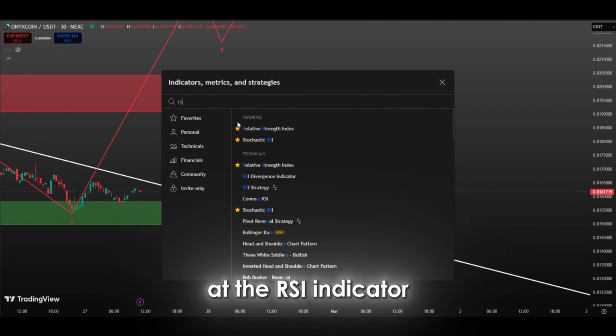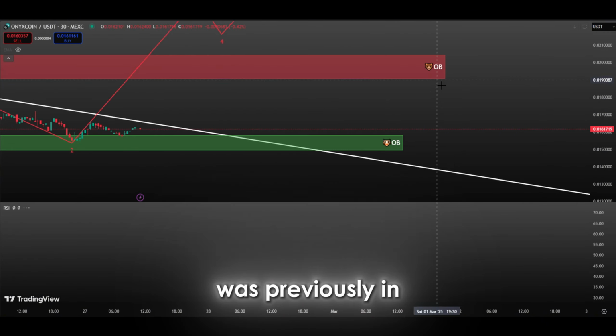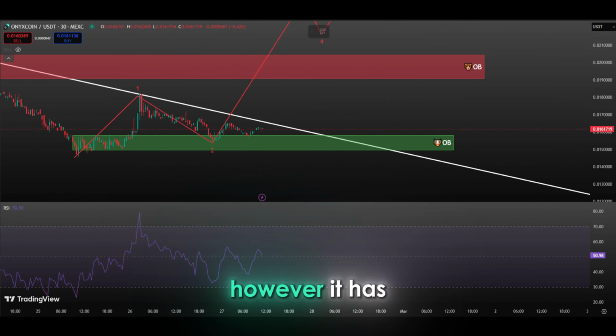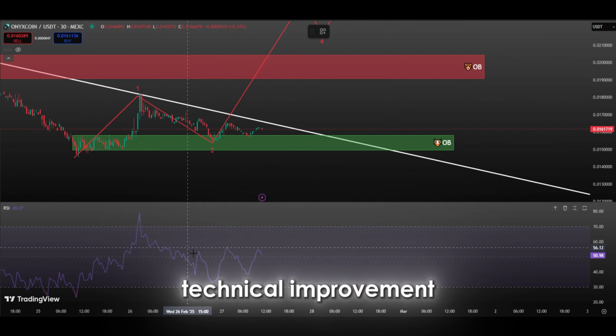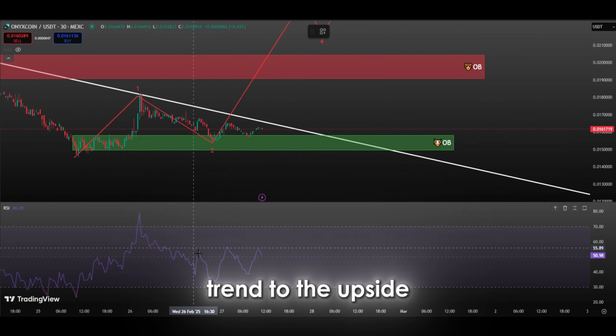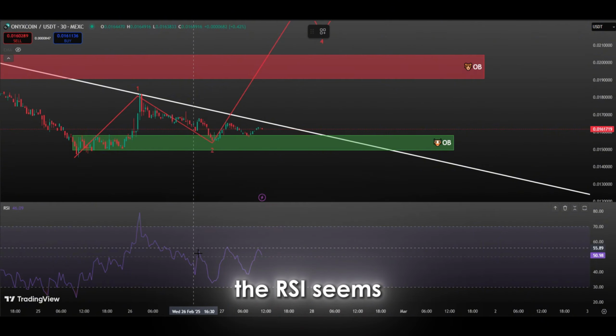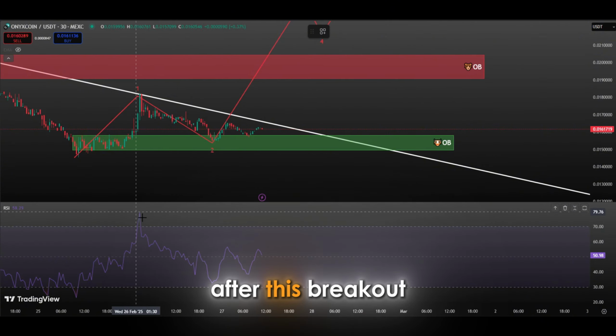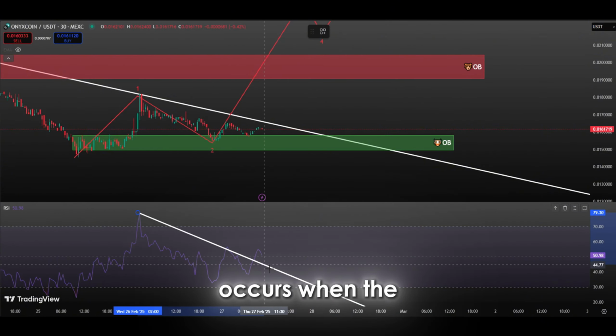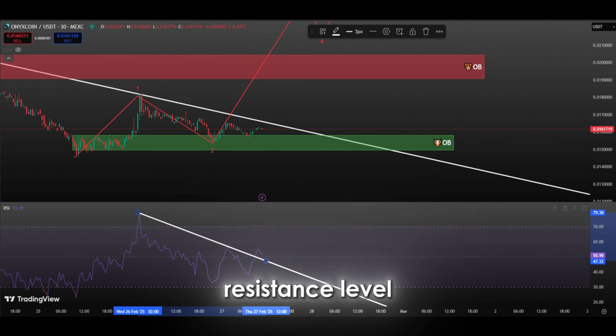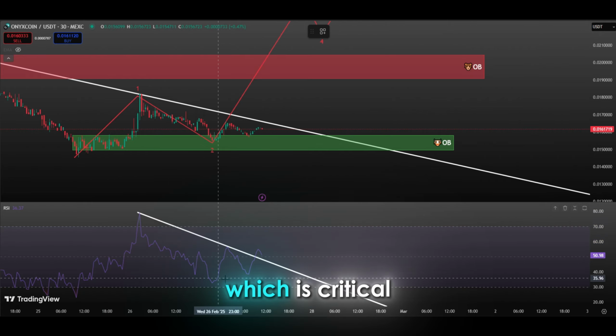When we look at the RSI indicator, we see that it was previously in a significant downtrend. However, it has made a significant technical improvement by breaking this trend to the upside. As of now, the RSI seems to have entered a retest phase after this breakout. A retest usually occurs when the price tests the previously broken resistance level as support, which is critical for confirming